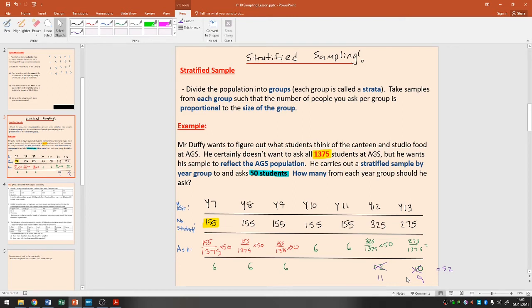Do you think it is fair? I'll give you a hint. It is fair. Do you know why London would get more of a say? It's because it has way more people. So those people need to be reflected. So actually, voting is a stratified kind of example. When you do votes, they do break the country down into populations, and you get more votes depending on your population. That's why London gets so much say,